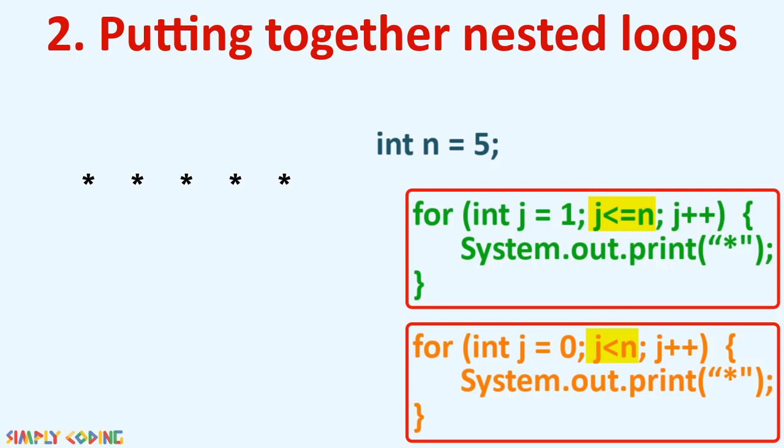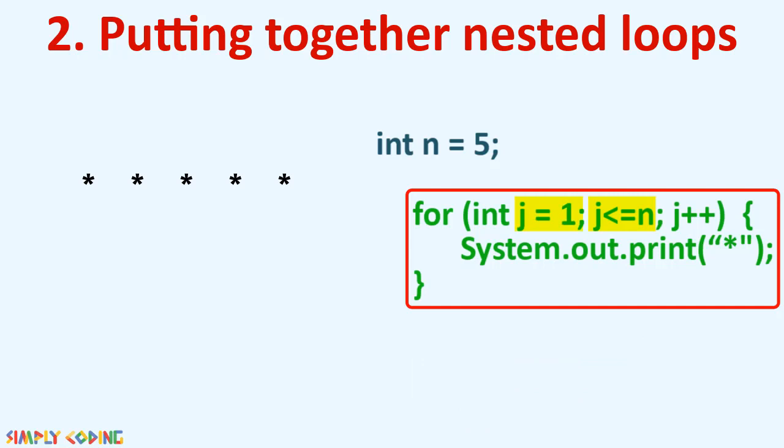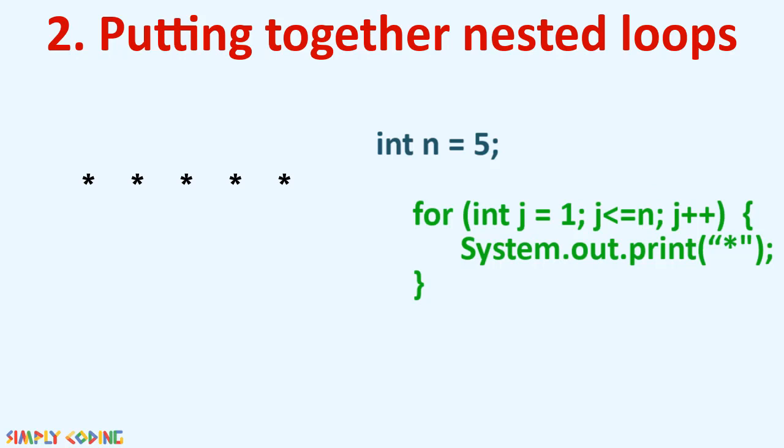So pick one which you are comfortable with and stick with it. We will use 1 to less than equal to n for all our examples. So we have written this code with which we can print one row. But what we want is to print this row 5 times to get our square pattern. So what I will do is insert this complete set of code inside another loop which will print this row